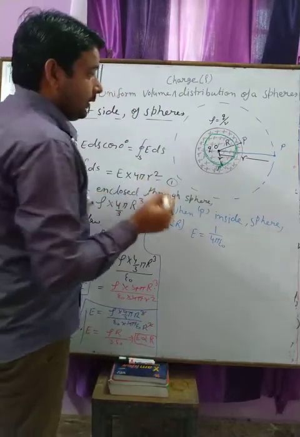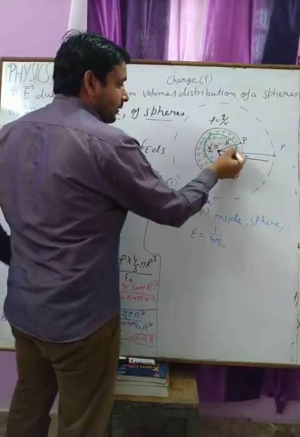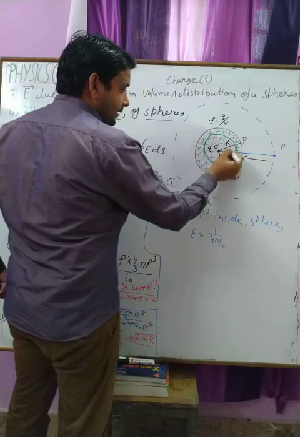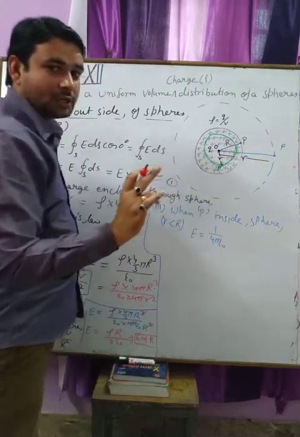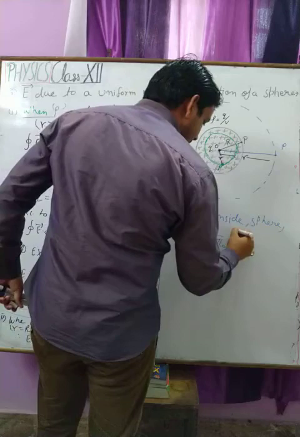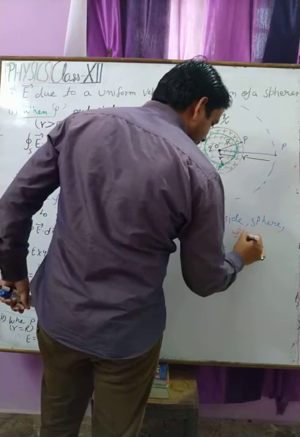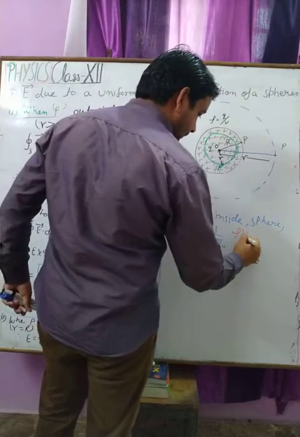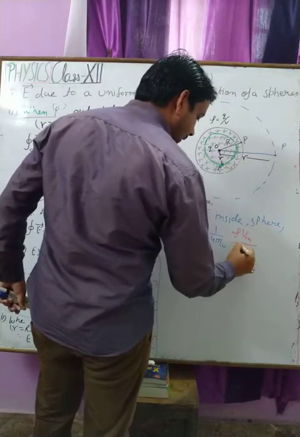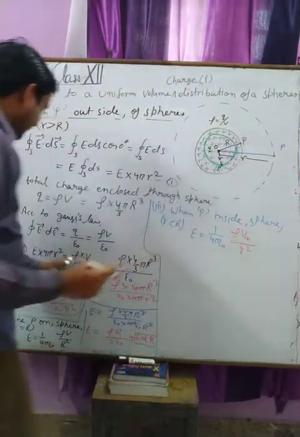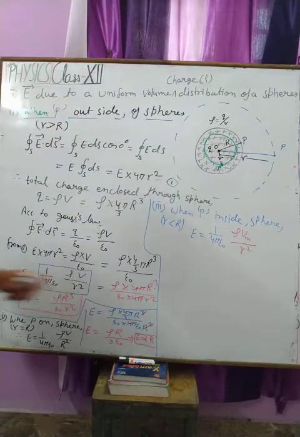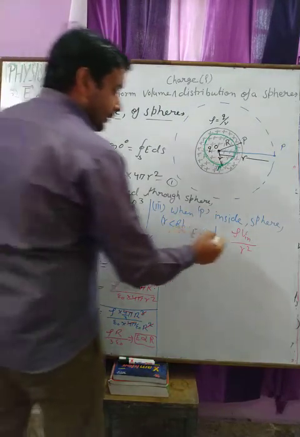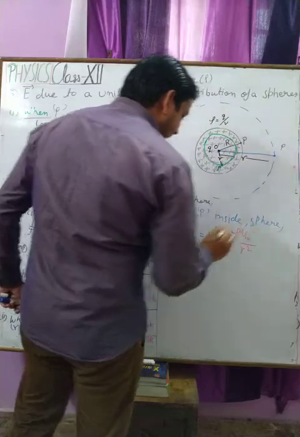देखिए स्टूडेंट, अब जो ये स्फेयर है इसका केवल इतना रेडियस जो कि स्मॉल आर के बराबर है वही हम यूज कर रहे हैं. So we have this rho, v inside, I have written in this, v inside upon small r square, which we get from the first derivation. Okay, then what is the value of volume inside, that is